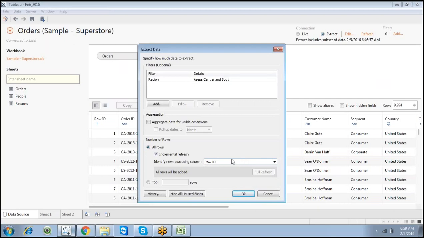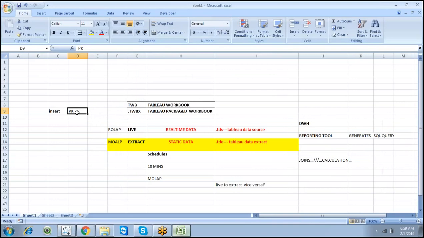Just think over. If we want to perform an incremental refresh, just remember, if you are going to insert a record, you can go with the primary key. Let us take emp number and salary. Forget about e name.